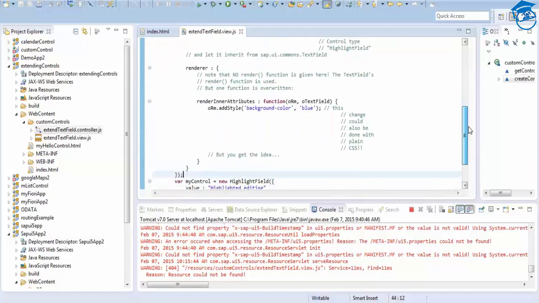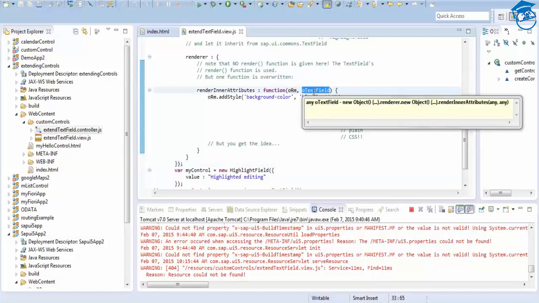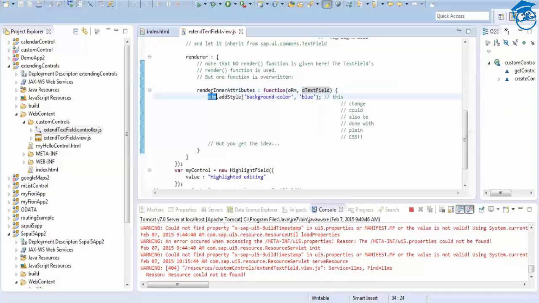Inside this renderer there are inner attributes, and a function renderer under the text field. Once that's done, we get oRm.addStyle. This is how we add a style, because our requirement is to add a background color. So we are adding a background color here with oRm.addStyle.